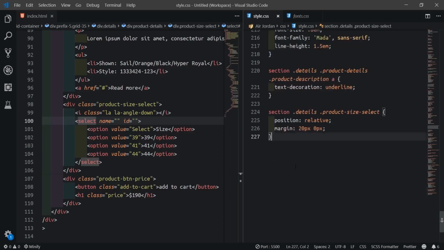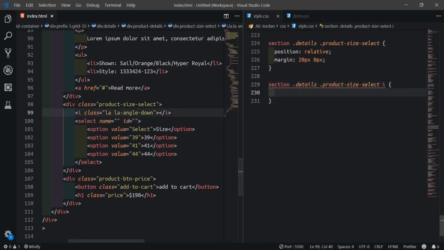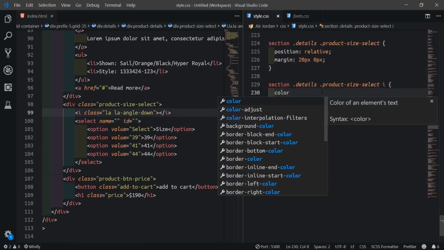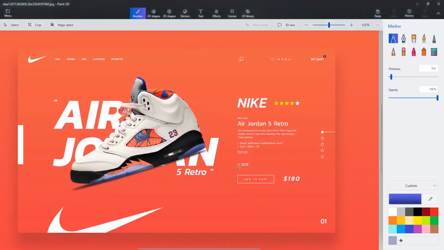So after this, I'll give myself small space here. I'll say the icon, that means this icon corner inside this product size select now, with the target arm. Then we'll give the color to be yellow, since yellow will be used for here too.